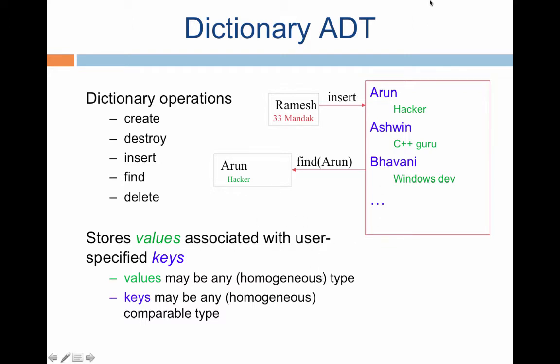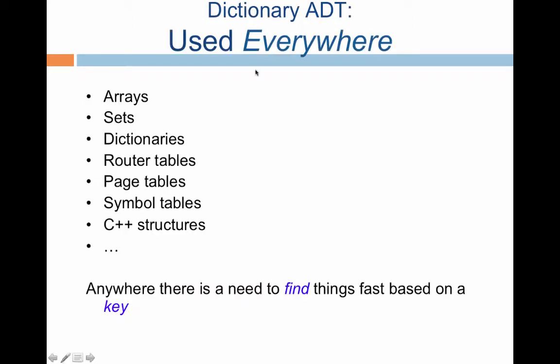So these are the methods associated with a dictionary data type, and observe here that we are really not looking at the moment at how to implement it. We are just saying these are the wish list functions that we wish to implement with a dictionary data type. Like I said earlier, the dictionary abstract data type is used extensively anywhere you want to find things fast based on a key. Symbol tables, right? If you're writing a compiler, then you might have studied symbol tables and you will definitely use them. Router tables are like dictionaries where the table maintains network addresses, and word dictionaries that we are all familiar with, and so on and so forth.